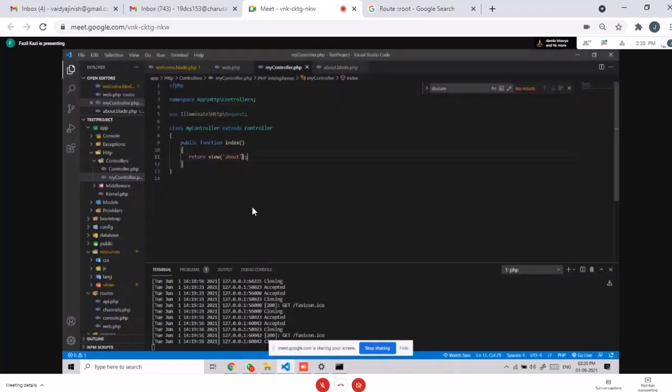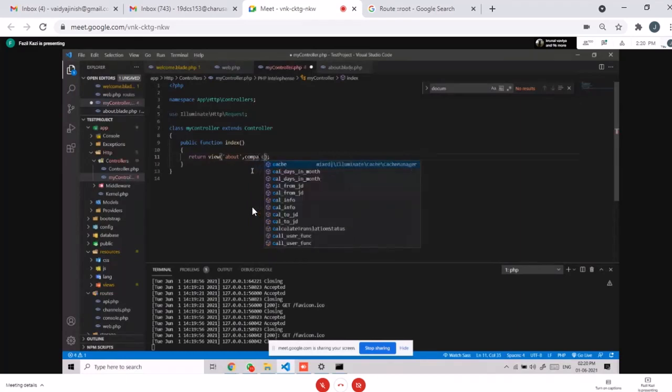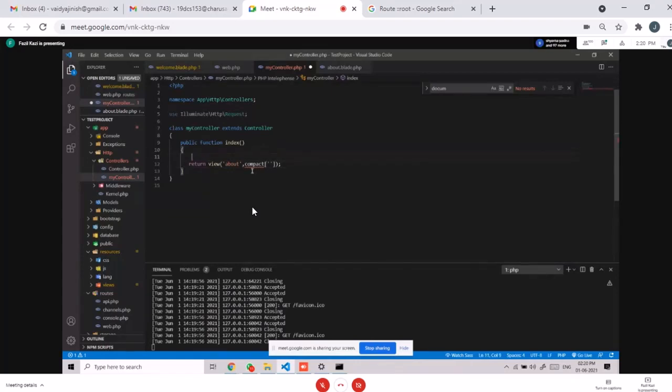But if you want to pass some value to the view, we can use compact, in which you can provide values. For example, we give the value $x equal to 10, so we can pass a variable x in this compact.